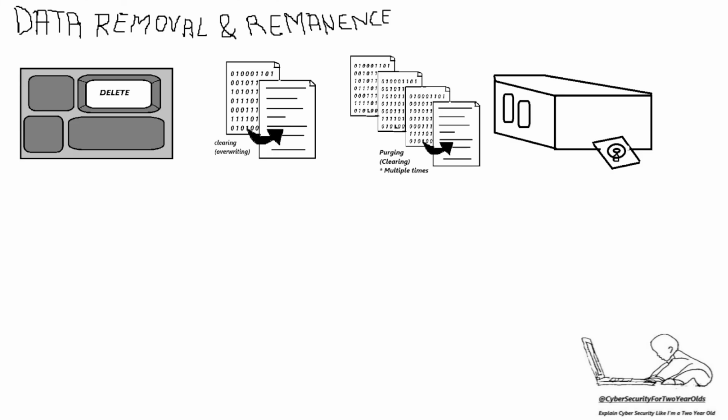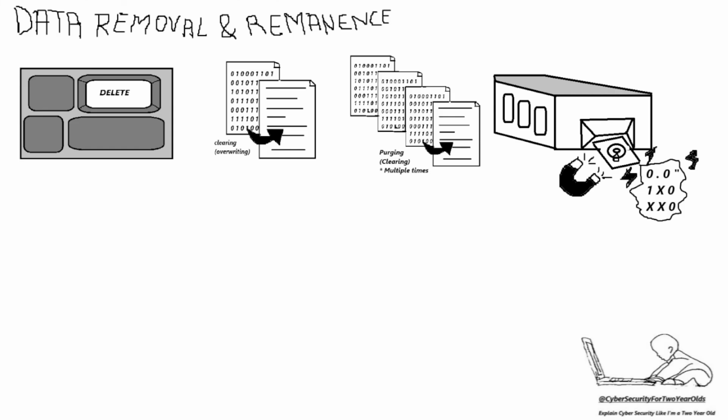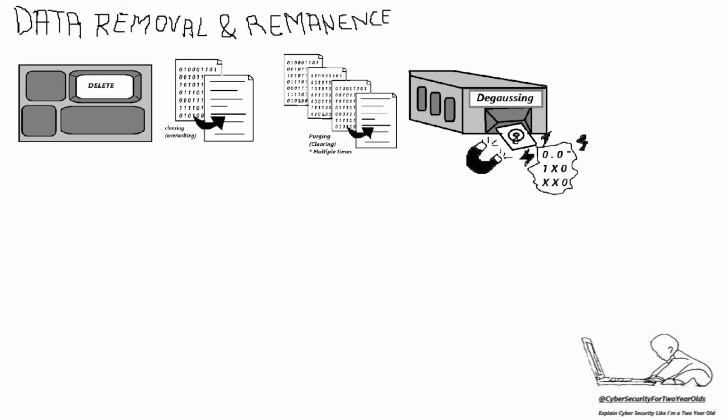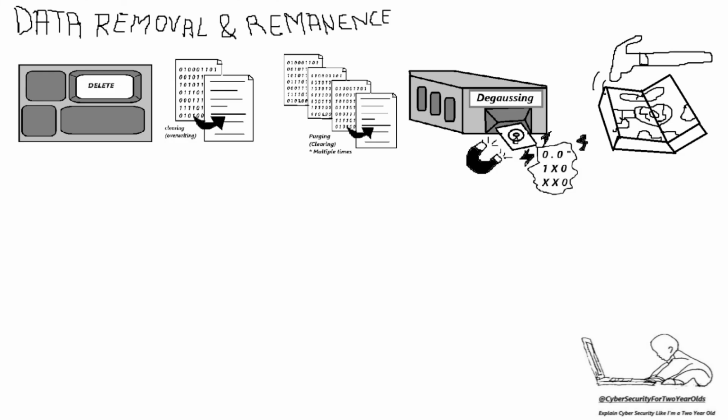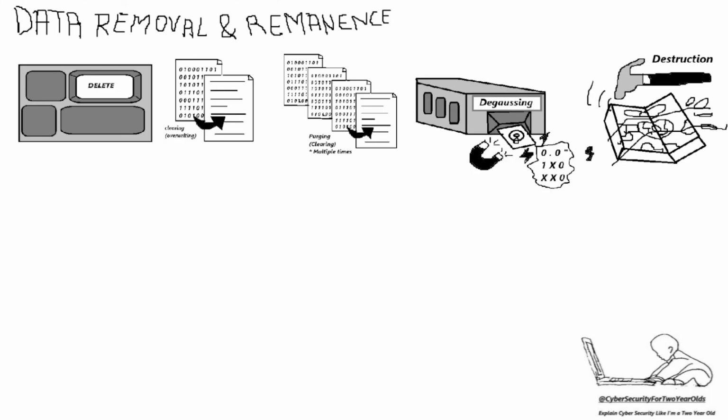Now, those are the more software related data removal methods. Now, for some physical data removal methods. The first being degaussing, which is destroying the electrics via a strong magnetic field on a magnetic hard disk drive. And the second physical method is destruction, which is the most secure method for obvious reasons. So now we understand the concepts of data removal or data sanitization.